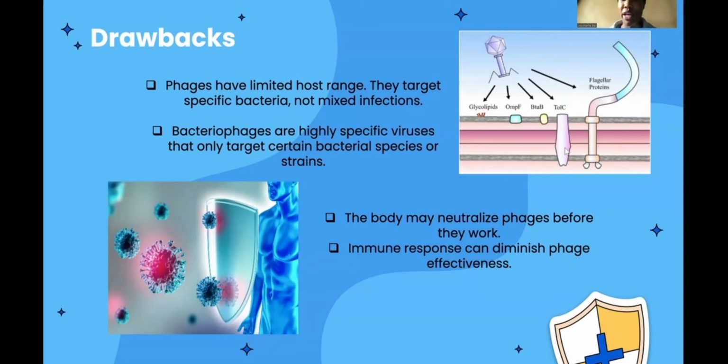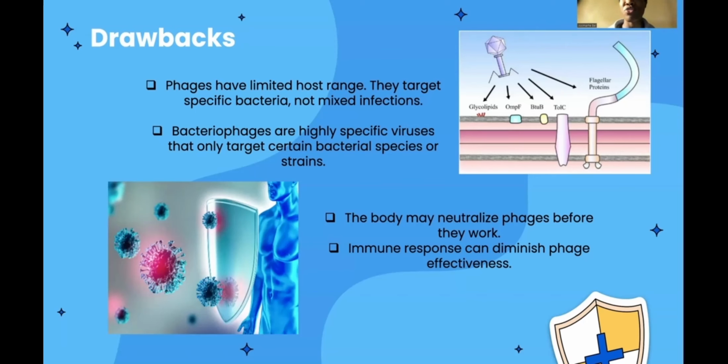And over here, we have TolC, which is a channel protein linked to the bacterial efflux system, which the bacteria use to expel any harmful substances. And lastly, we have the flagellar proteins, which are found on structures that help bacteria move. These arrows in the image indicate how a phage matches with a specific receptor. And if the bacteria lack these surface markers, the phage cannot attach and therefore cannot infect the bacteria, which makes